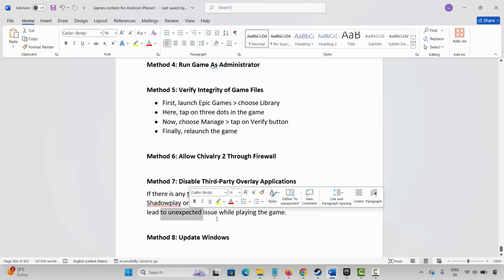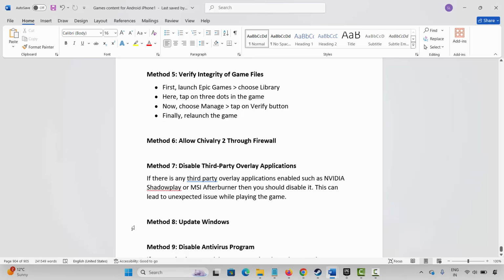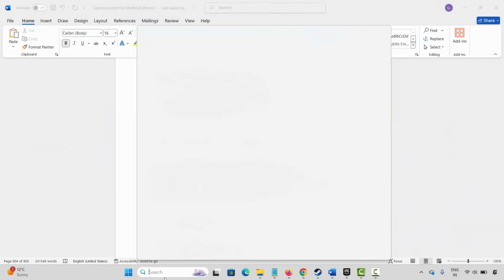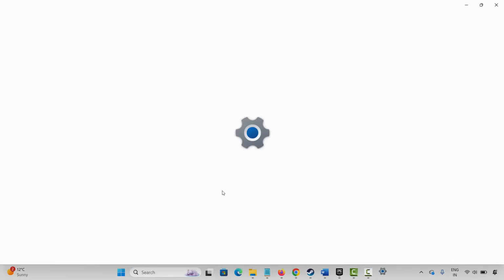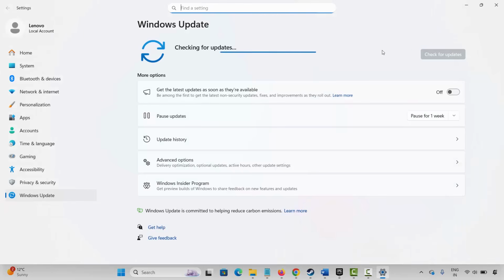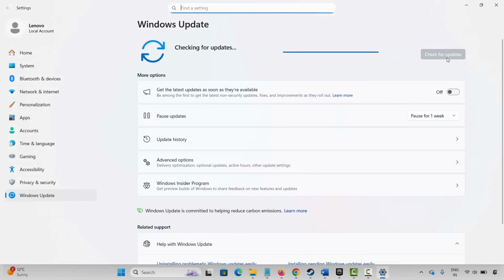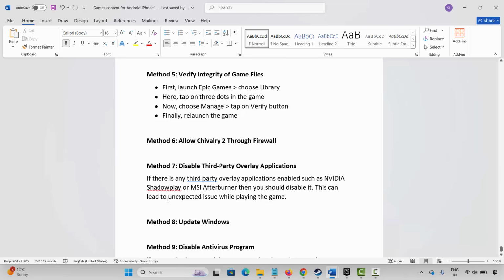This can lead to unexpected issues while playing the game. Next solution is to update Windows. For that, go to the Windows search and search for check for updates. This will take you to the Windows Update page. Here you have to click on the check for updates option and it will check if there is any update available. If there is any update, update your Windows to the latest version and after that try to launch the game and